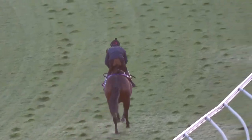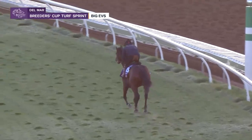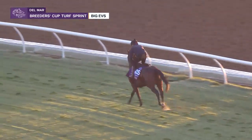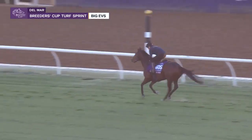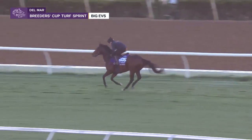and is now back as a 3-year-old trying to take the Breeders' Cup Turf Sprint. Look at this tank. I mean, we've shown you some middle distance turf horses, and for the untrained eye, this is to put in perspective the difference in physique between a middle distance horse and a sprinter. He's built like an absolute tank. Look at this guy. I mean, and so much power,